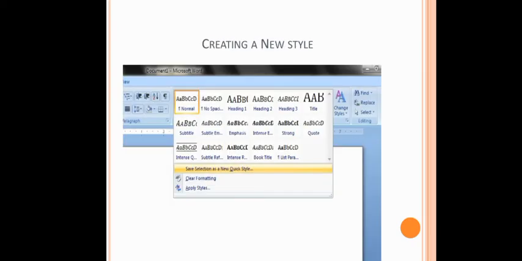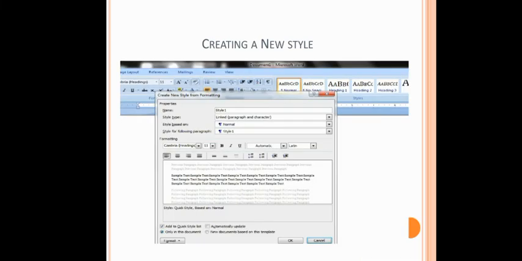Now, creating a new style. If you want to create a new style, what will you do? Firstly, in the Home tab, click on the dialog box launcher button. There you will get an option, Save Selection as New Quick Style, or when you click on the Change Styles button, there you will get an icon for creating a new style. When you click on that, you will get a window like this, the Create New Style from Formatting dialog box.